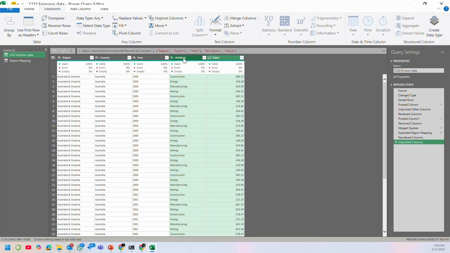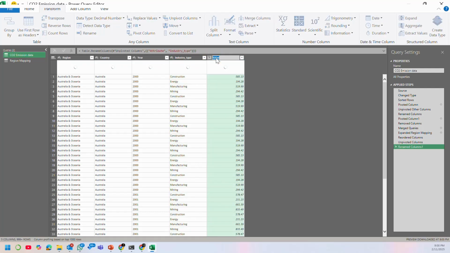You have them here. So I'll put this industry type, and CO2 emission in metric tons. There we go. Now, why this is important is you may encounter situations or some computations that would require you